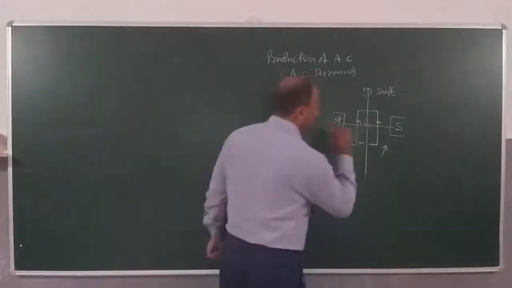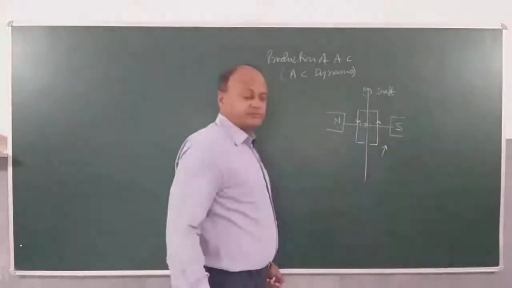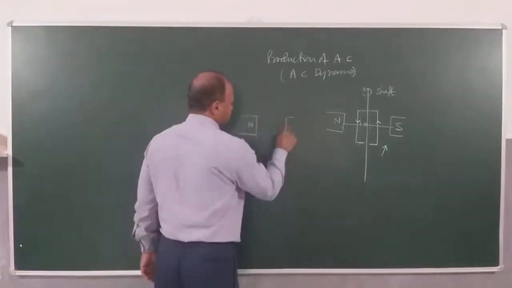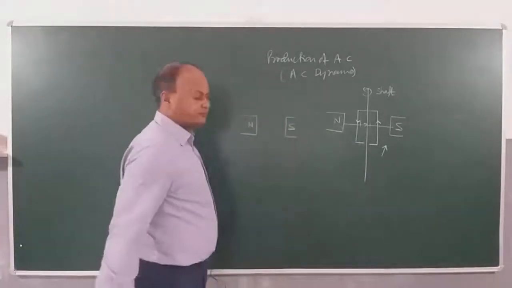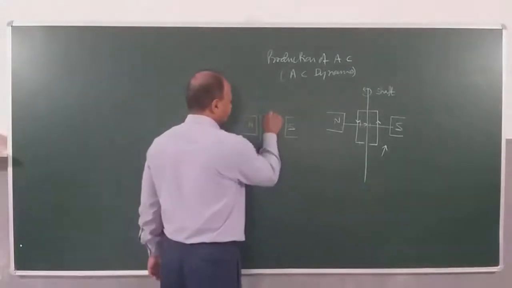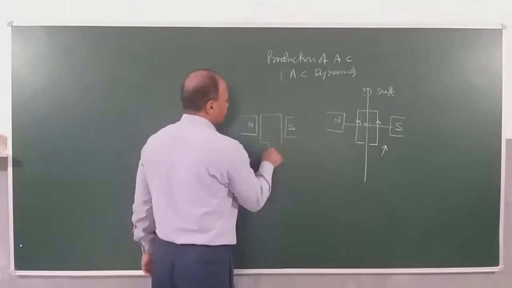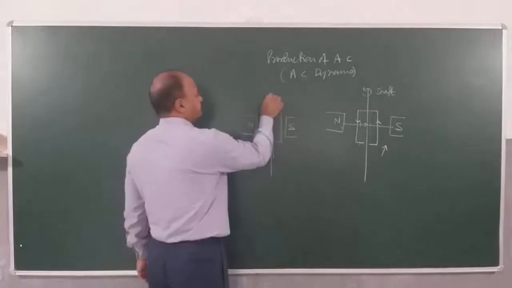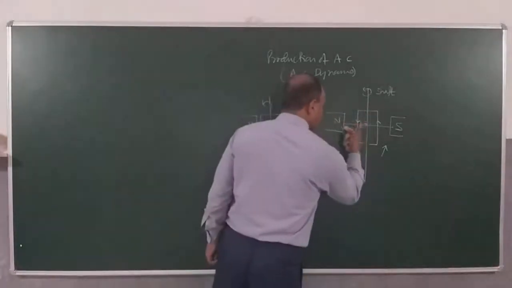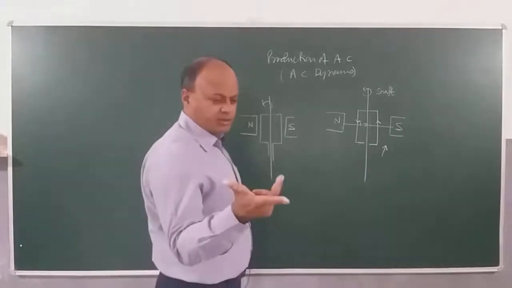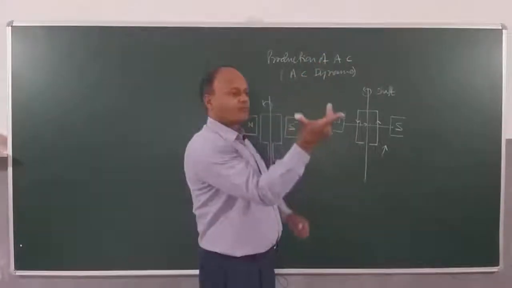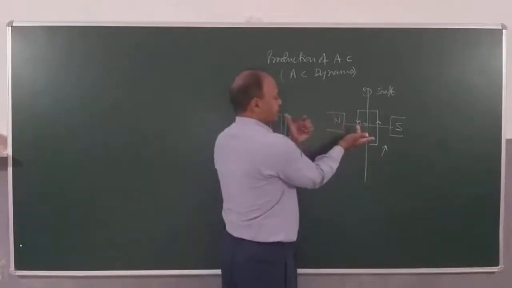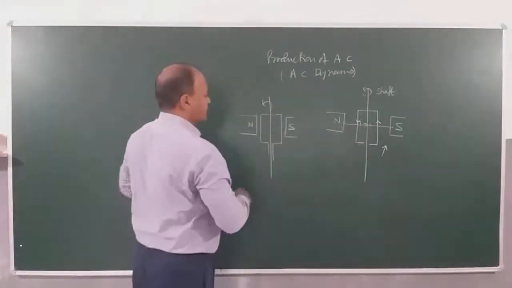So once it has completed half the cycle, it will try to come outside. So in another situation, this is North Pole and this is South Pole. Again we have the same coil here and this is the shaft. Earlier the coil was going inside, now the coil is coming out. When the coil is coming out, if I use the right hand rule, this is the velocity, this is the field. This is how the current is coming. So this current is going to be clockwise.